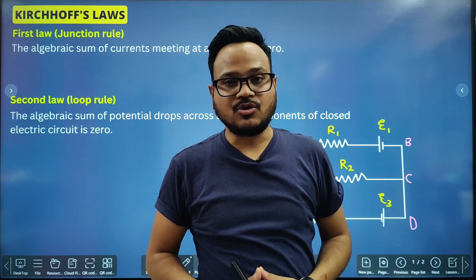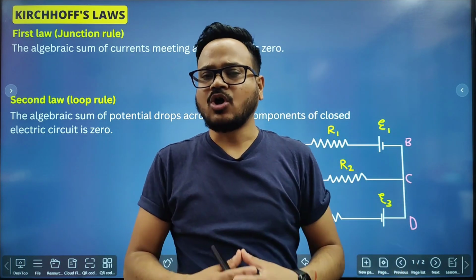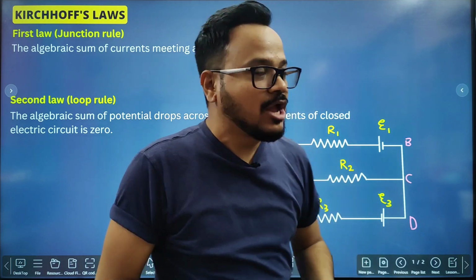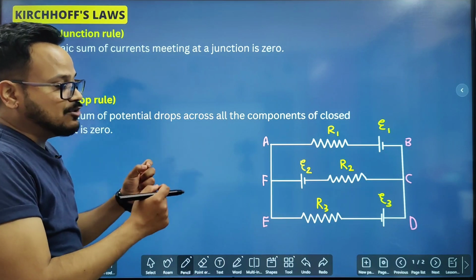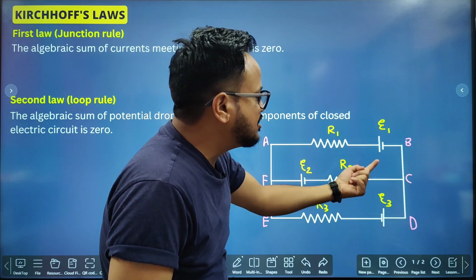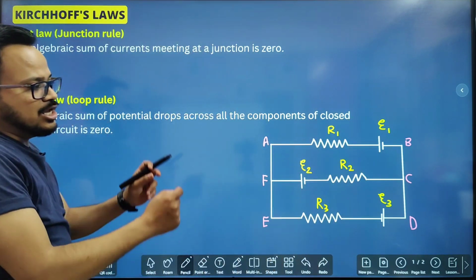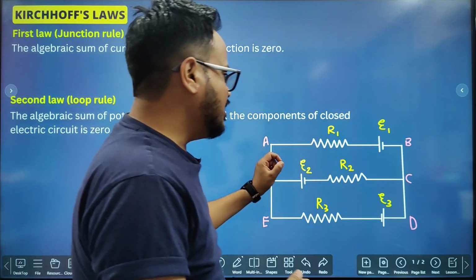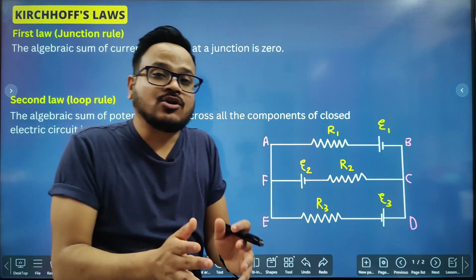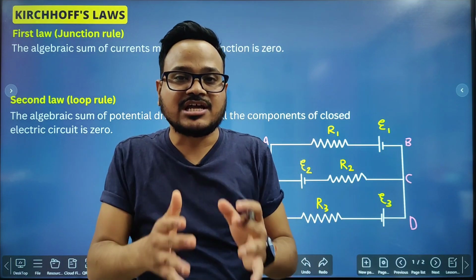Students, in this video we are going to discuss Kirchhoff's laws of electrical networks. There are two laws of Kirchhoff which are very useful to solve an electrical circuit. When we say solve, we mean how to find these variables: current in the circuit, voltage in the circuit, resistance in the circuit. If your circuit is complex, like you cannot easily see that these resistors are in series or these resistors are in parallel, when you cannot solve the circuit by any other technique, then you can solve the circuit using Kirchhoff's laws.